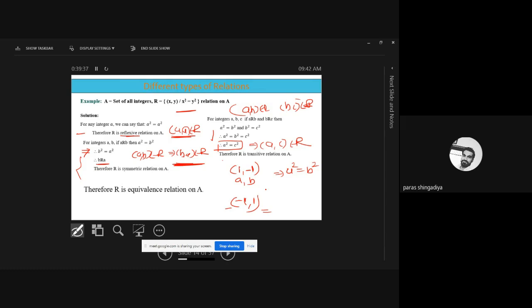Now you have to prove whether it is transitive or not. We have infinite pairs, so it is not possible to verify them one by one. We consider a general point of view. Take any two numbers x and y which satisfy x square is equal to y square, and the second pair is y and z, where y should be the same. So what about the x and z pair? Are they also equal or not? As per this, A square is also equal to C square.